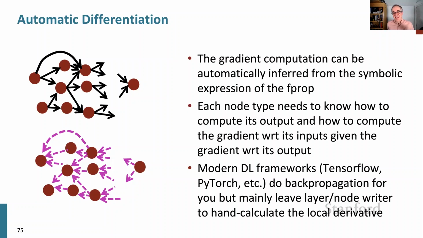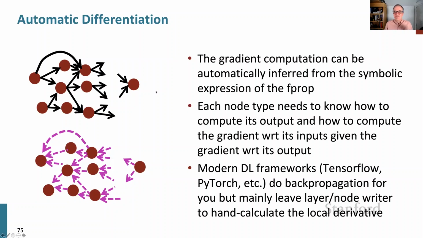I imagine it might come back again in the future. And so modern deep learning frameworks, which includes both TensorFlow and PyTorch, do 90% of this computation of automatic differentiation for you